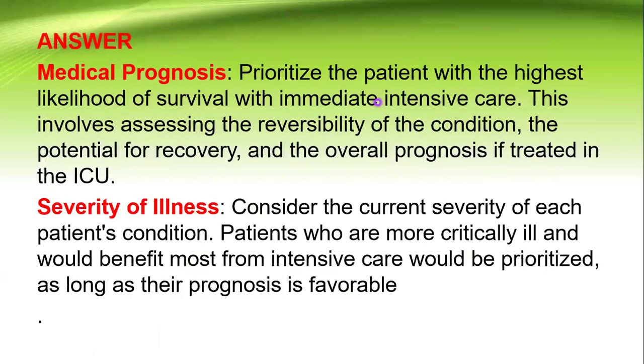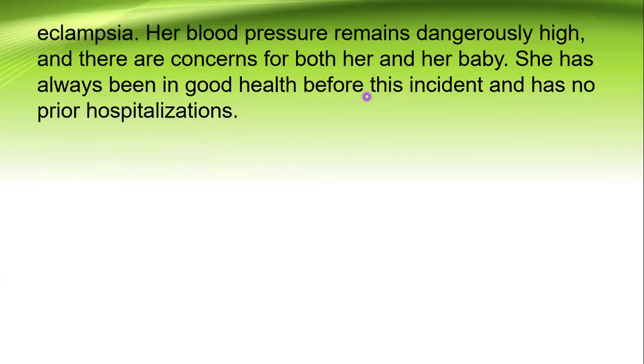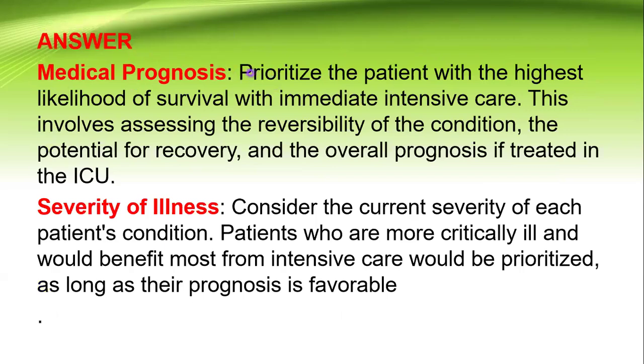Okay, I'll explain first. So when answering these questions, you just don't pick anyone based on your feelings. There are guidelines or things that will guide us on how to answer this question. Number one, we look at the medical prognosis. We have to prioritize the patient with the highest likelihood of survival with immediate intensive care. Okay? So this involves assessing the reversibility of the condition, the potential for recovery, and the overall prognosis if treated in the ICU. Okay? So in our 3 patients,